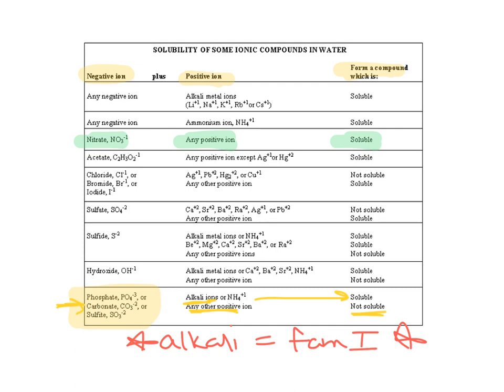Look up chloride first. It's in this section right here. So then we ask ourselves, okay, we've got silver right here. So it's not soluble, so we would write solid. So we're going to look up hydroxide. Okay, we're towards the bottom down there. And it was sodium, which is an alkali metal, family number 1. So it is